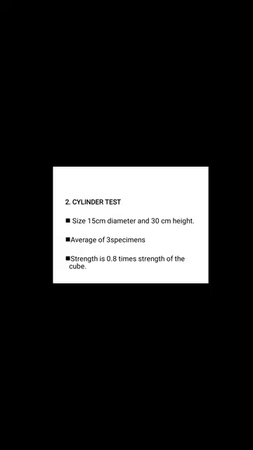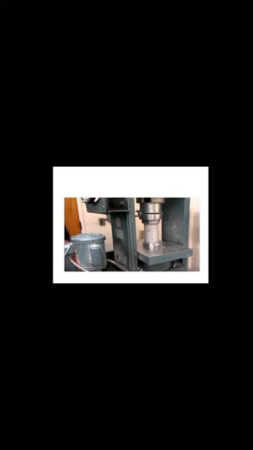So as per the Bureau of Indian Standards, it is preferred to test a concrete block of 15 by 15 by 15 for determining the compressive strength of concrete. Next, moving on, if you see here in the diagram, you can see how the cylinder specimen is placed in the universal testing machine or the compression testing machine. The same way we tested the cube, you will be testing the cylinder as well.